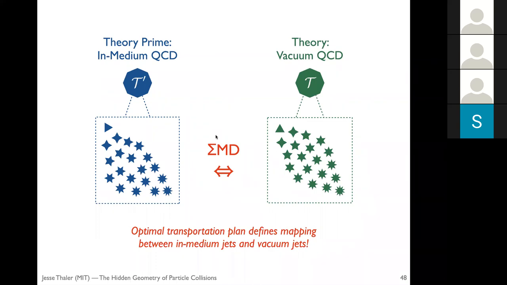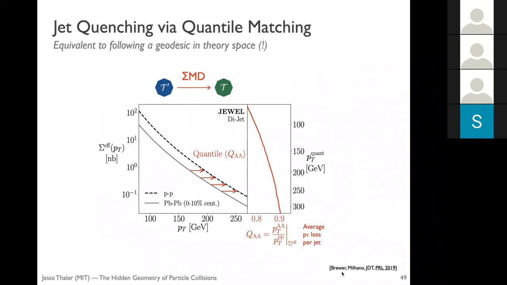And kind of remarkably to me, this story that I just told you, I in fact kind of accidentally came to in work that I did with Jasmine Brewer, who's getting her PhD this year at MIT, as well as Guillermo Milano, who's at Lisbon and CERN. We happened to define precisely this story. It's a procedure that we call quantile matching,